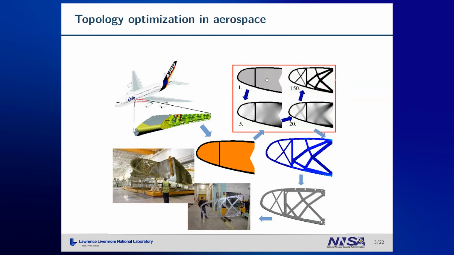So we start with the gray domain, we compute our objective, we compute our constraints, we compute gradients of the objectives and the constraints, and we start updating our density distribution. After 150 iterations, we end up with this relatively black and white design, which goes to the engineers, and then the engineers start the interpretation, and you can see the whole process of implementing this in the wing of the airplane.